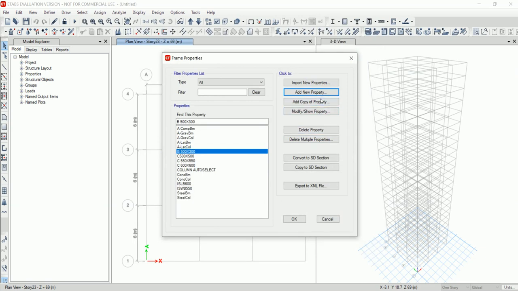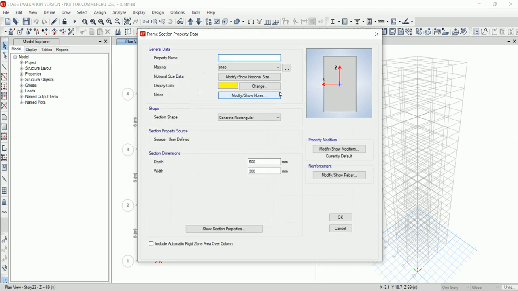Now go to add copy of property and set the property name to beam 550 by 350. Set the dimensions. Click on OK.